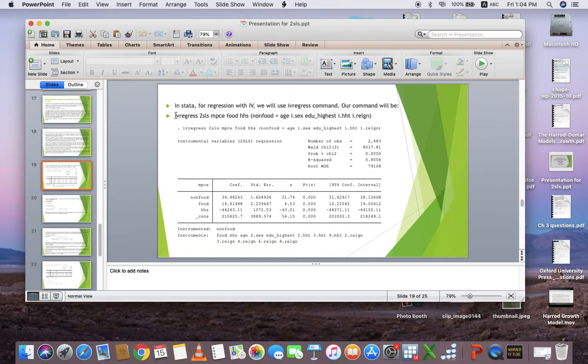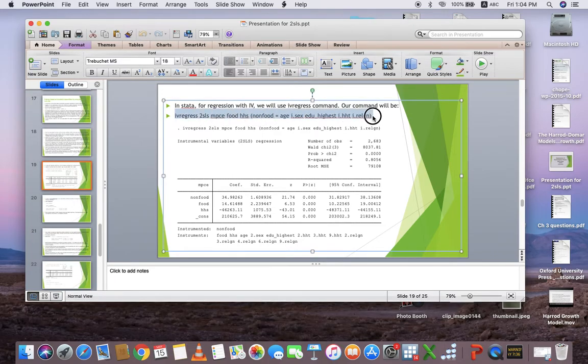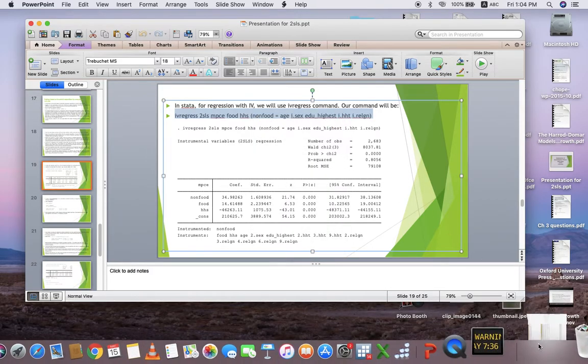So, let us go to STATA and use this regression command for our regression exercise.